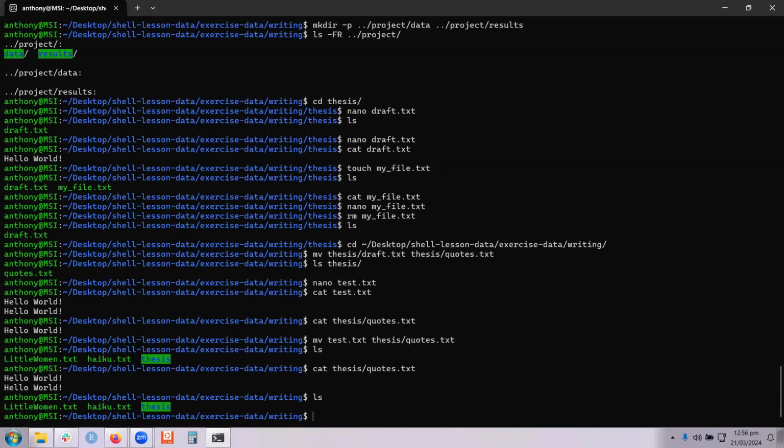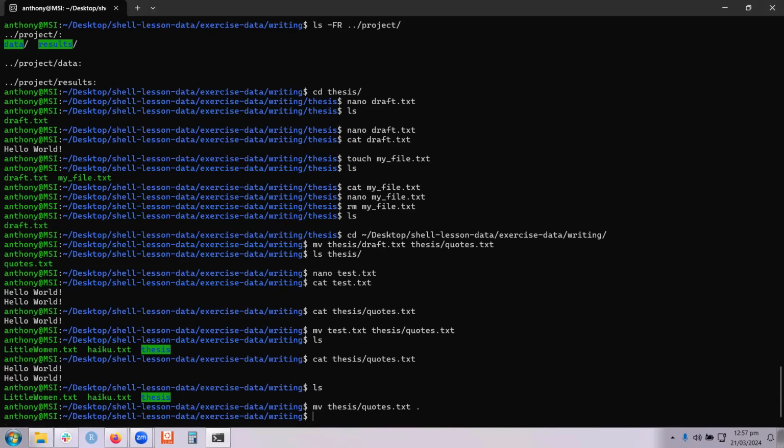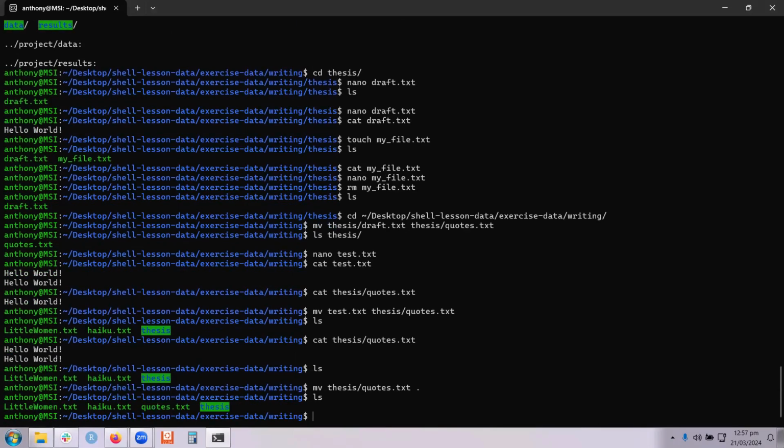First, let's move the quotes file. We'll do that with move thesis/quotes.txt to the current directory, which is represented by the period, the dot. So now when I run this command, we'll see little woman.txt, haiku.txt, quotes.txt, and the thesis directory, which is now